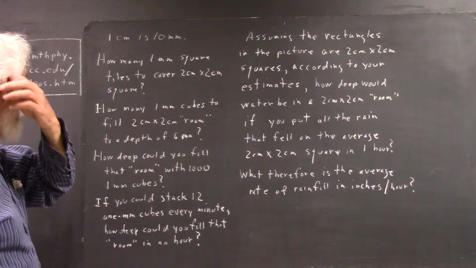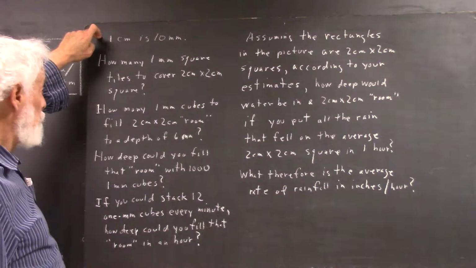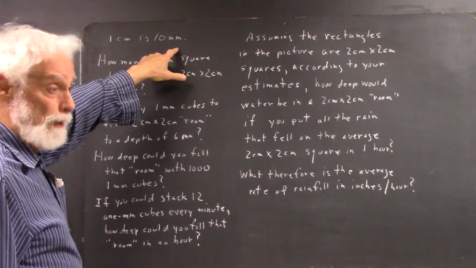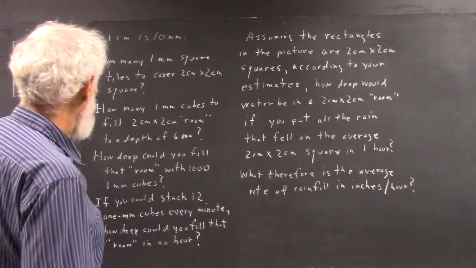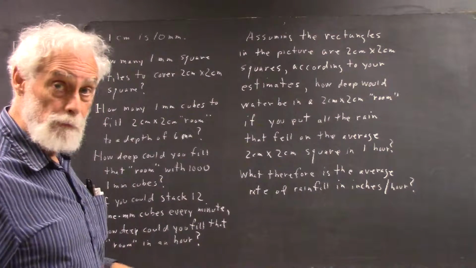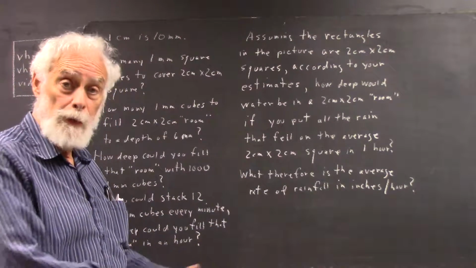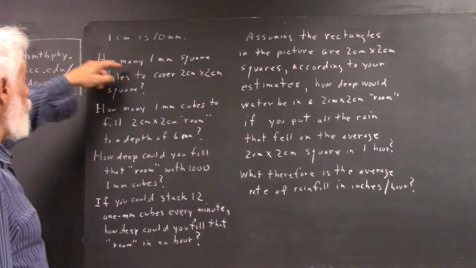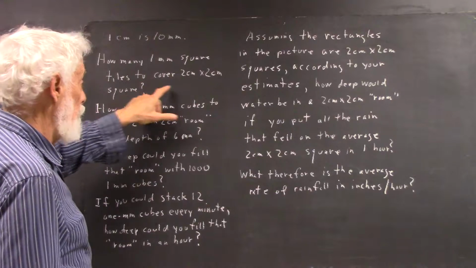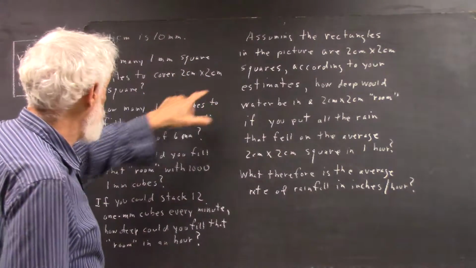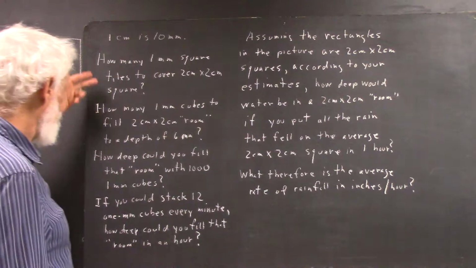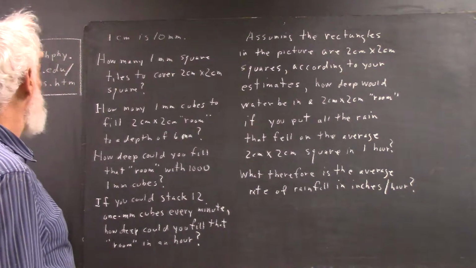Okay, well, let's come back a little bit. First of all, I'm going to give you the information that 1 centimeter is 10 millimeters. So the first question I want you to answer, very analogous to the question we asked about the tiles on the floor of the lab, is how many 1 millimeter square tiles would it take to cover a 2 centimeter by 2 centimeter square? Okay, once we get that answer, we can answer,